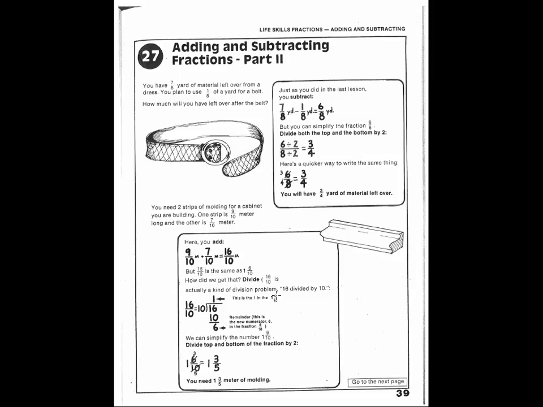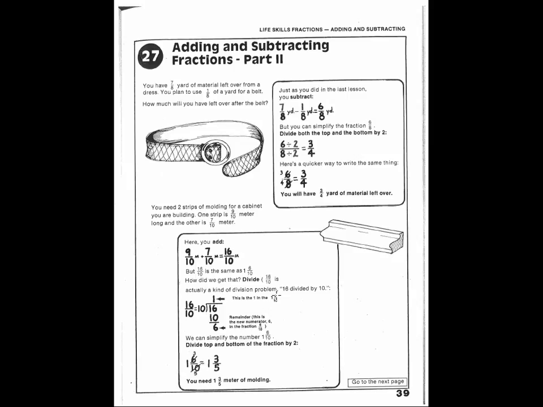Part 2. You have 7/8 of a yard of material left over from a dress. You plan to use 1/8 of a yard for a belt. How much will you have left over after the belt? Just as you did in the last lesson, you subtract. 7/8 of a yard minus 1/8 of a yard is 6/8 of a yard, but you can simplify that fraction